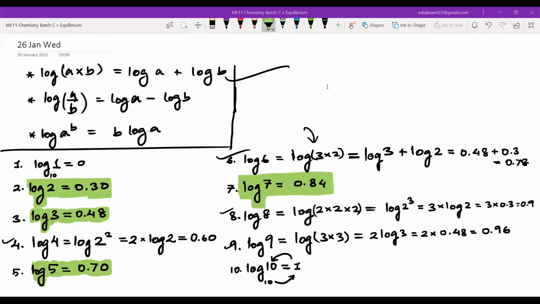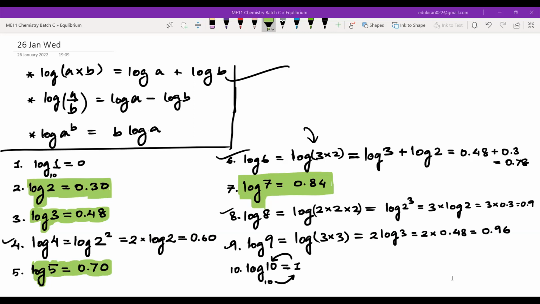Was anyone able to do those log questions from the assignment? Sir, I did the first 2 questions. First 2 questions. Okay, there was one question in which you had 6.3, right? 63 or something like that. So we'll discuss those types, when you have bigger prime numbers that you cannot write any multiples of, how to deal with them also. Okay. First of all, write this, then we will see those questions. Let me know if you're done, okay?